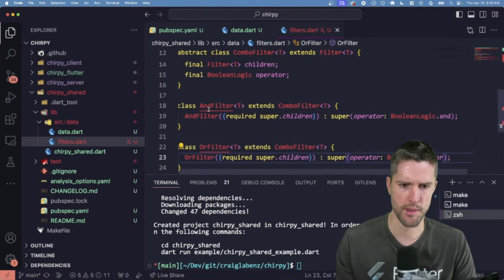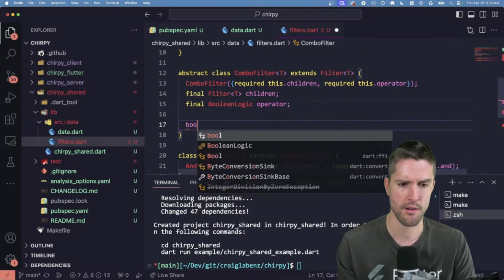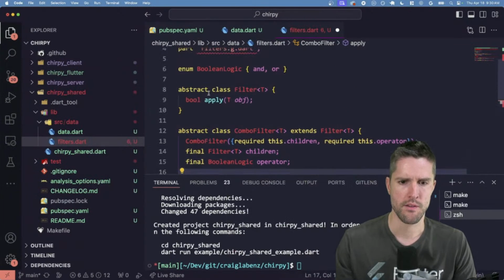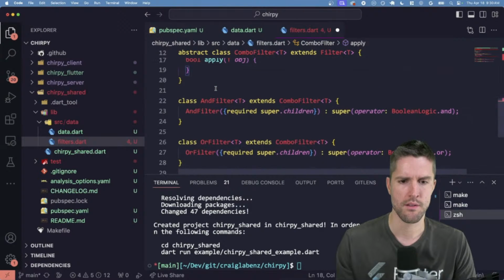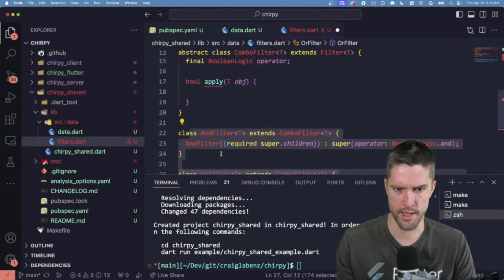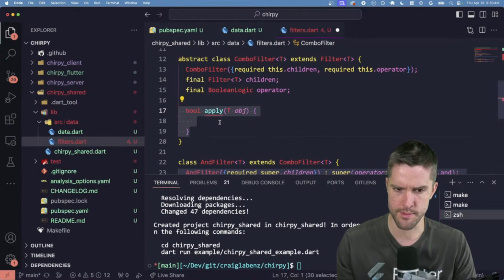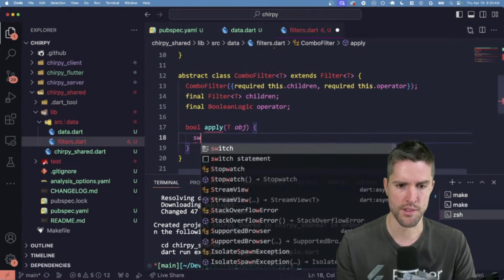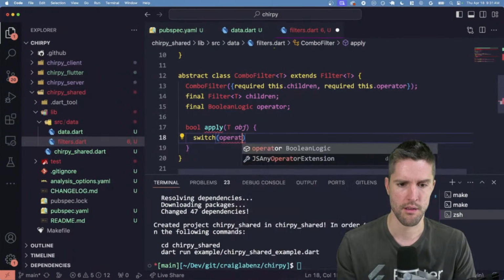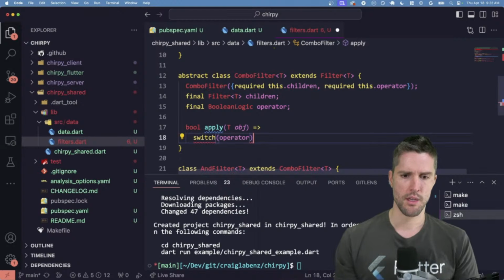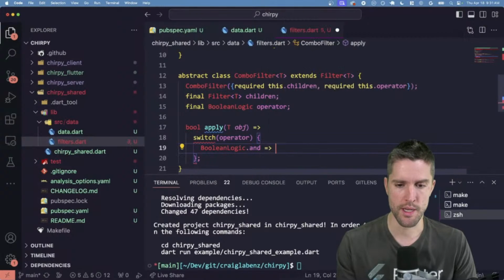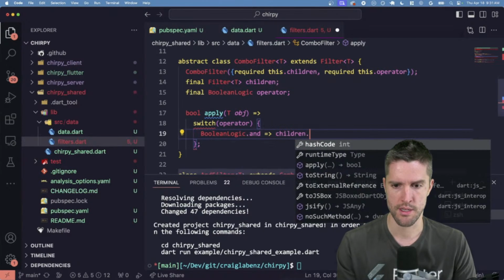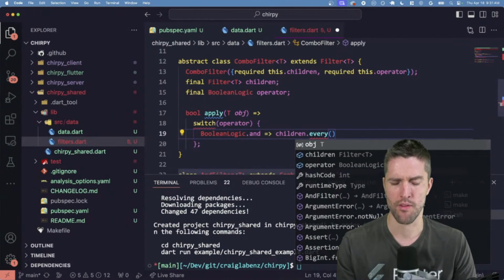Why are you? Oh, you're both upset because of apply, but I think I can actually implement apply up here. So bool apply is going to get a T object. And now these classes don't need to implement apply because they're going to inherit the concrete implementation from the parent abstract class. And apply here will switch on the operator. Actually, I think we can just return switch on the operator. And if it is a Boolean logic.and situation, we will apply all of the children. So that's children.every, and then we pass,